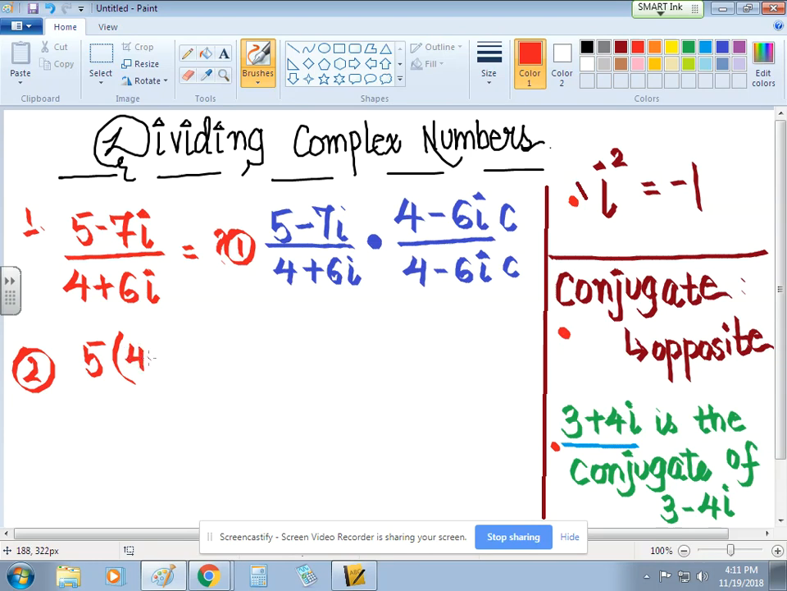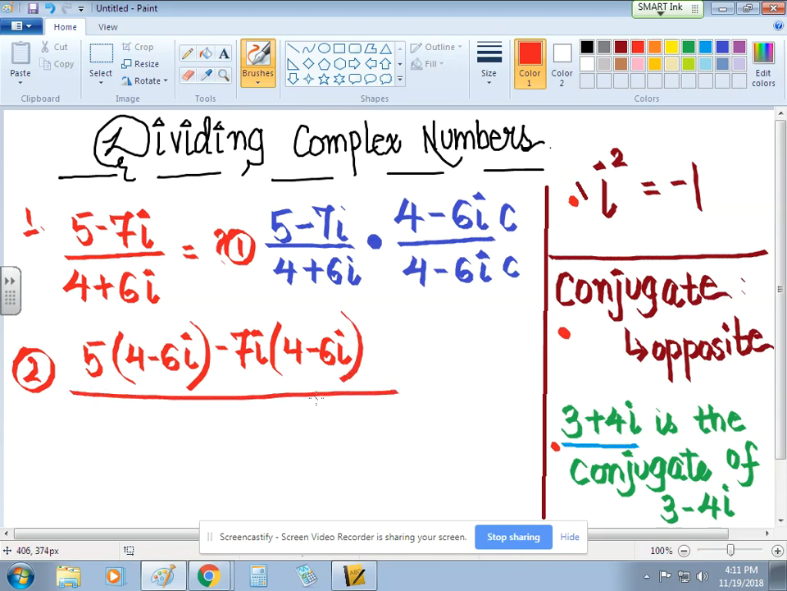So it'll be 4 minus 6 iota. I'm doing the FOIL how I learned it back home. You can do it the FOIL way how we do in the class all the time. At the bottom, when you FOIL, you should get 16 minus 36 iota squared. And this will come out to be